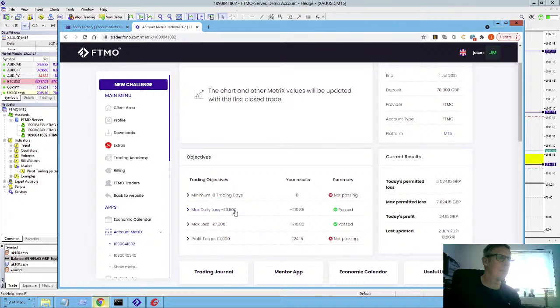Again, nowhere near the maximum daily loss. Max loss overall, 10% drawdown. Because I'm managing the daily risk, I'm not going to get anywhere near that one. And profit target, because no trades have been closed, it's just literally showing there as what the maximum was at